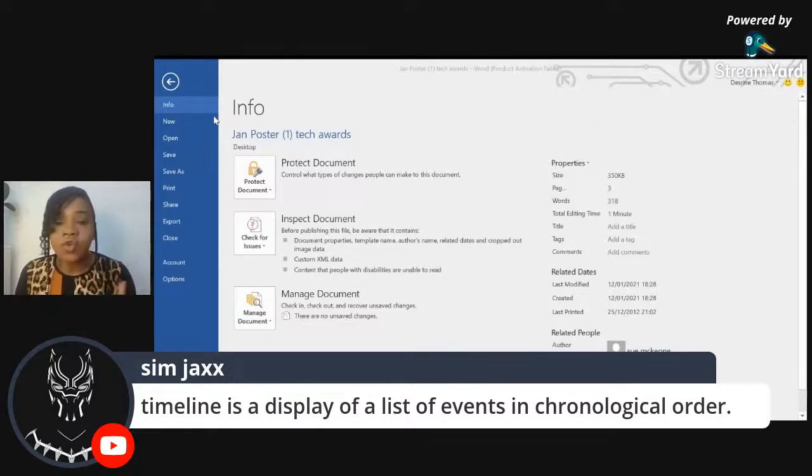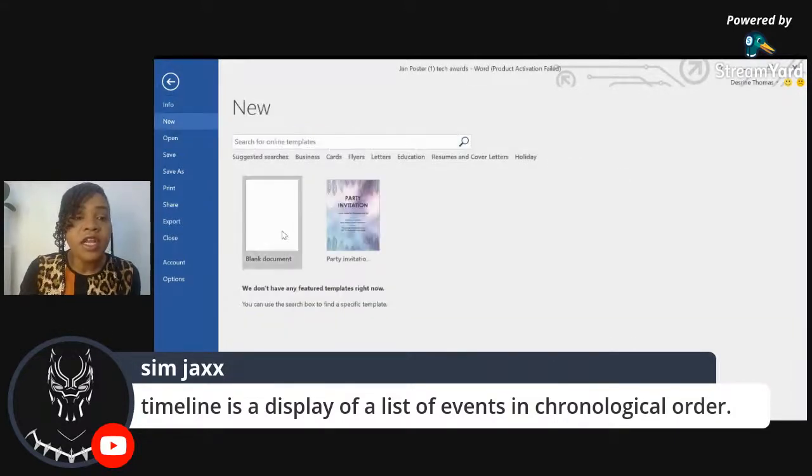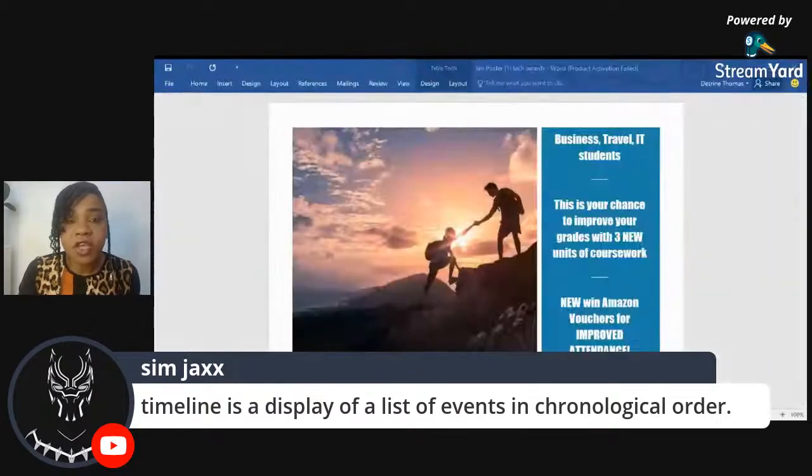Obviously, most of you know how to use a Microsoft Word document, so it should be easy peasy. I am just going through what we need to do. I'm just going to click on New here, and then click a blank document. And then in my blank document, I am just going to type